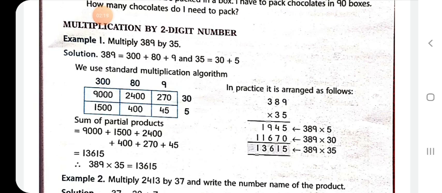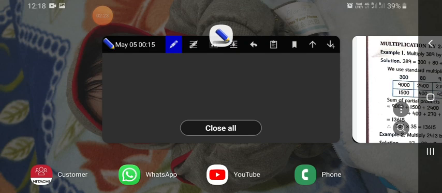So let's just start. I'm going to show you with the example only. Let's just take a few examples. Like I will take 15 multiply by 25. So this is the sum. Here, as you can see, 15 is also a two digit number and 25 is also a two digit number. So now we are going to multiply both these numbers.